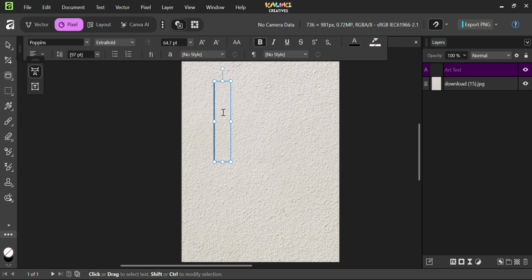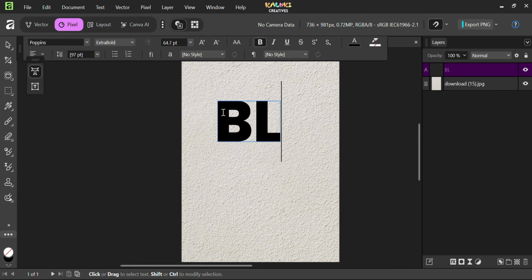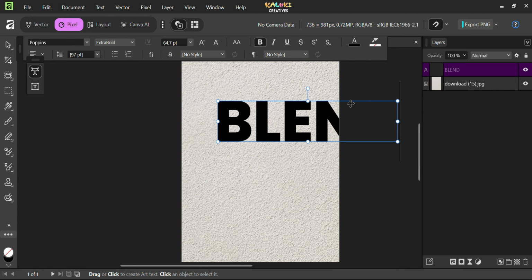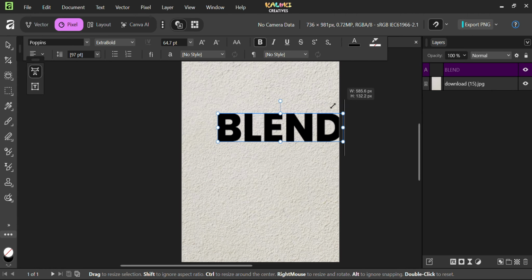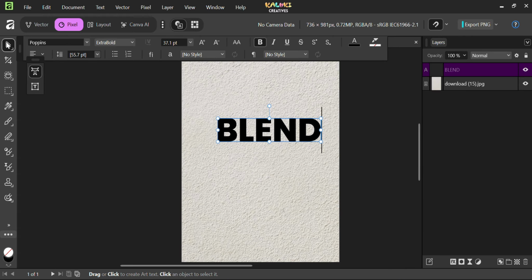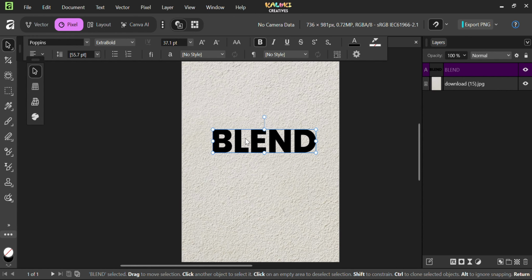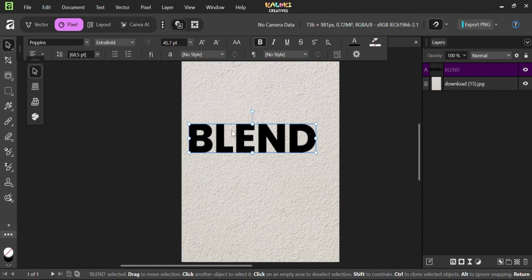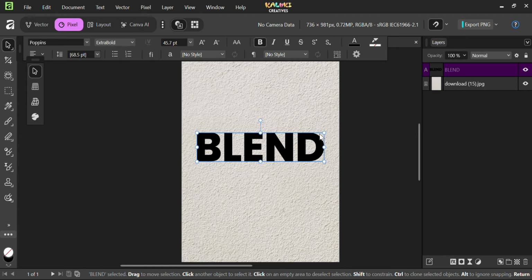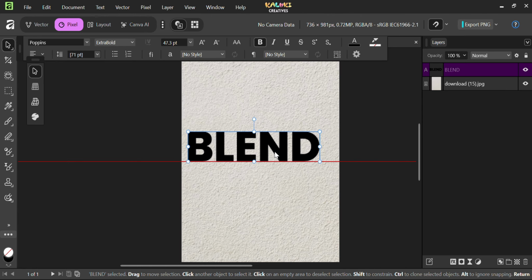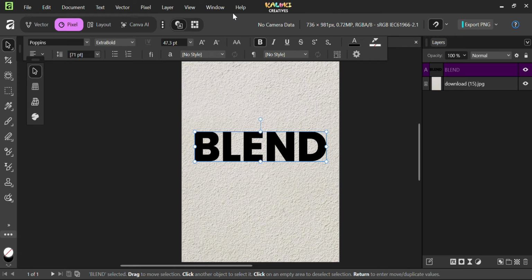Now let me just add a text, let's say a blend, because that's what you're going to do, and then resize it. Yeah, I think this is okay. Our text is ready and it's time to blend. So I'm going to go to the blending options,